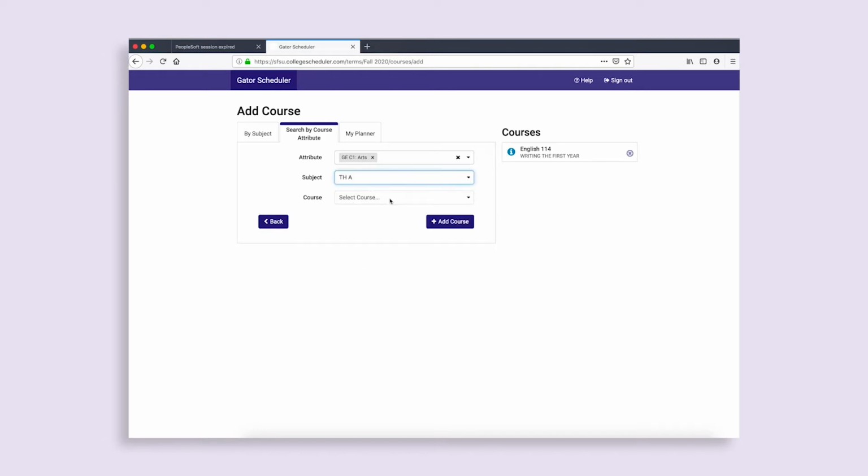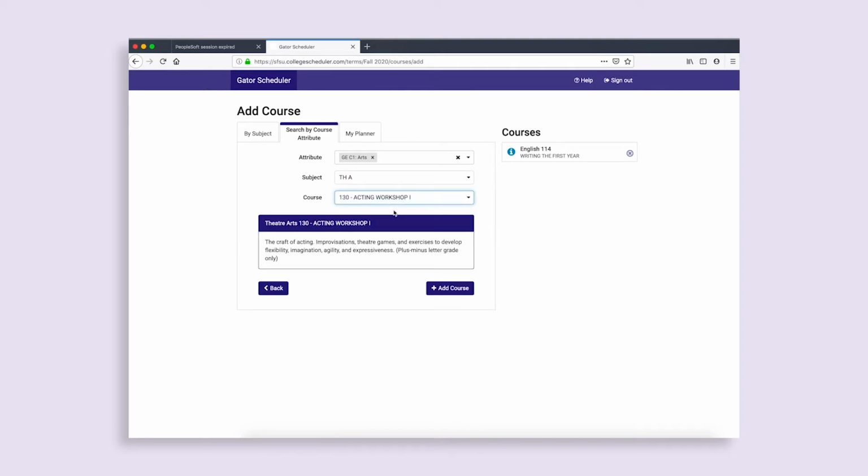In the courses list, you will see all of the courses in theater arts that are open and will fulfill the C1 Arts requirement. Select the course number and name that you are interested in and read through the prerequisites and course description below. Add the course to your course cart by selecting Add Course. When you have filled in all of your first choice courses for the semester into your cart, you should have 4 to 6 courses in your cart list.